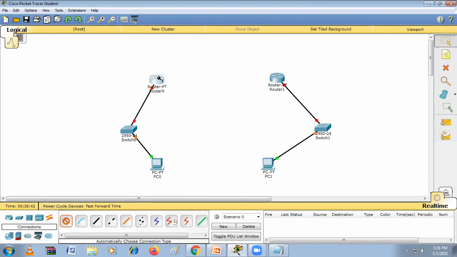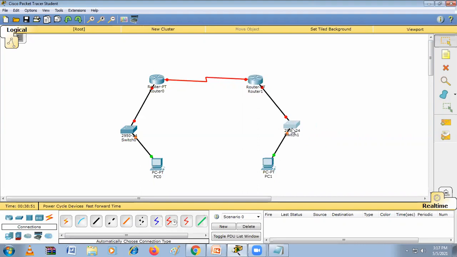Then I will connect. So as we have discussed, this is one autonomous system because RIP is an intra-domain routing protocol, right? So here it is connected. Now we will assign IP addresses, but we are creating three networks. So here it is